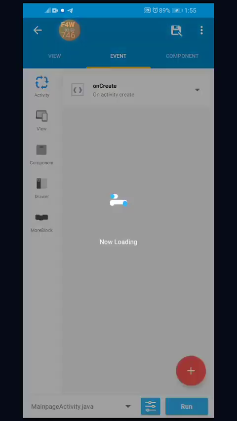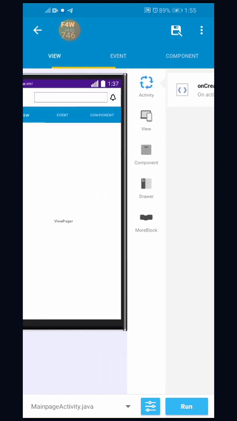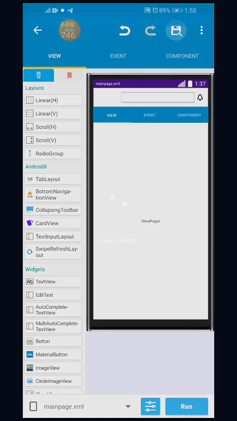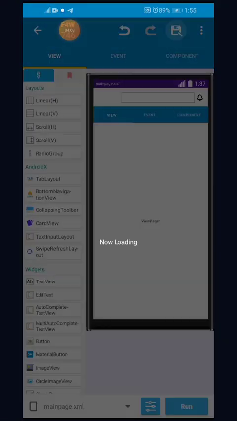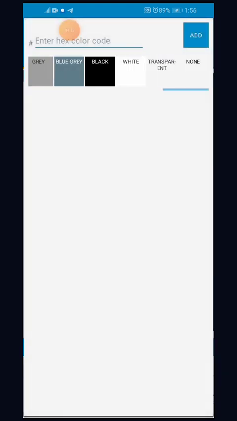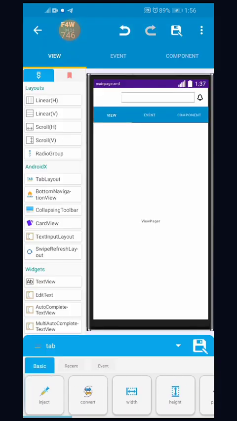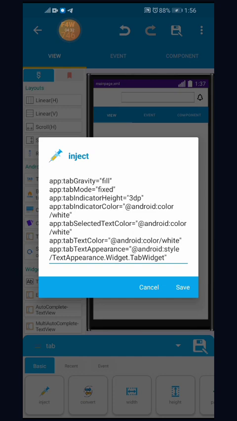So moving on to the next step, going to the more block, the tab layout color is actually initialize our UI. On set this white Sketchware logo that is up, we're going to change the background color to either none or transparent, but we want it to be none. So the tab color, we can change the color properties and everything through the inject,